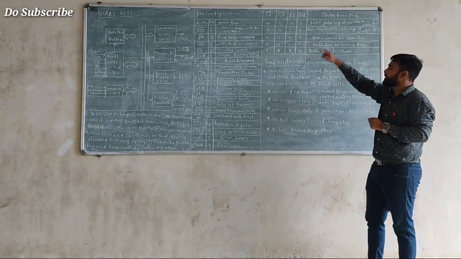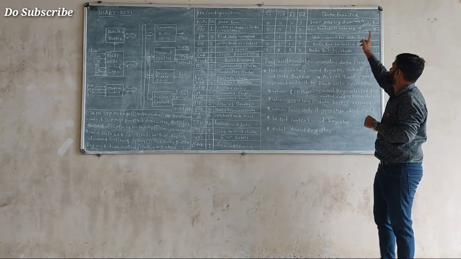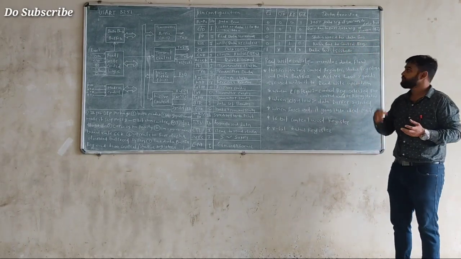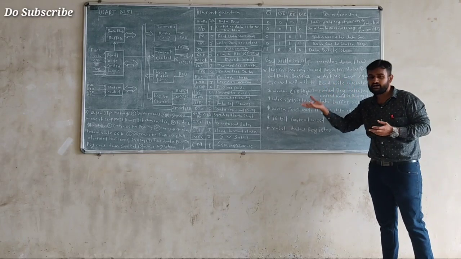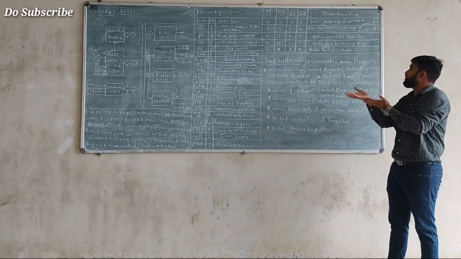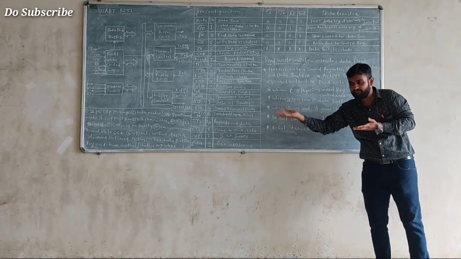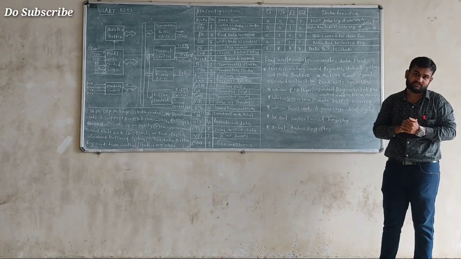At that time, the 8085 reads the data register of the receiver to the data bus. At that time, your microprocessor 8085 sees the data register on the data bus. It is ready for receiving data from the data bus.